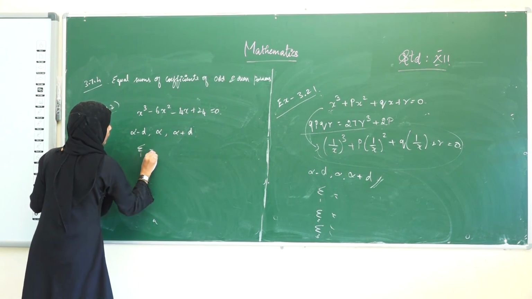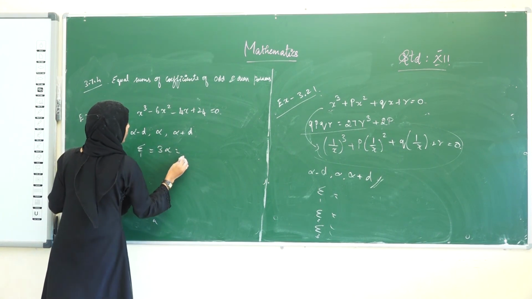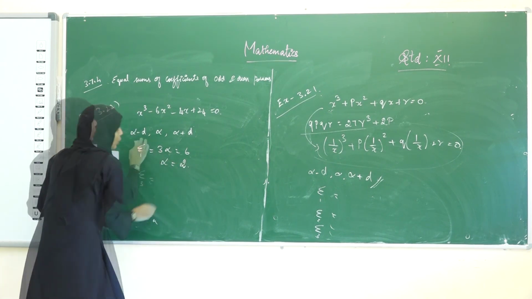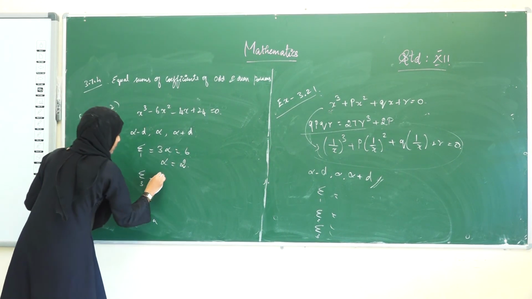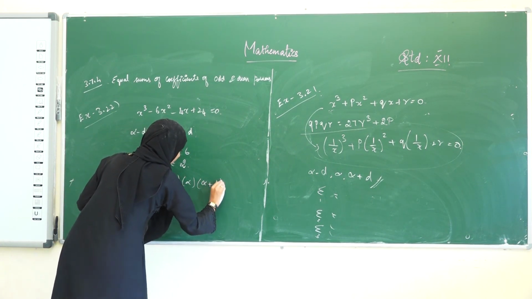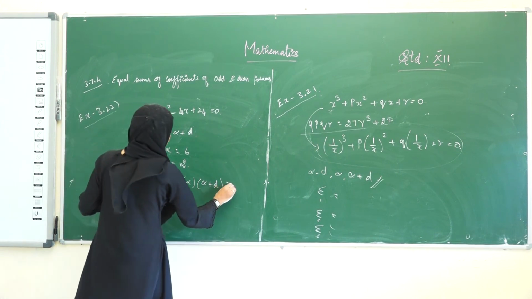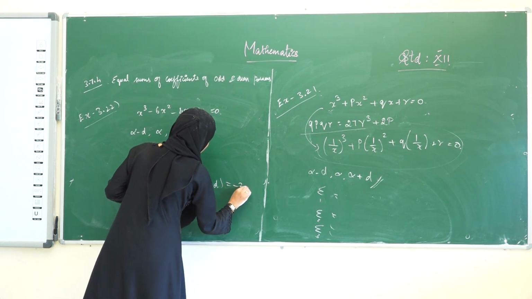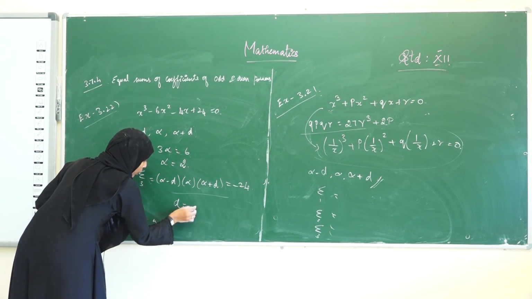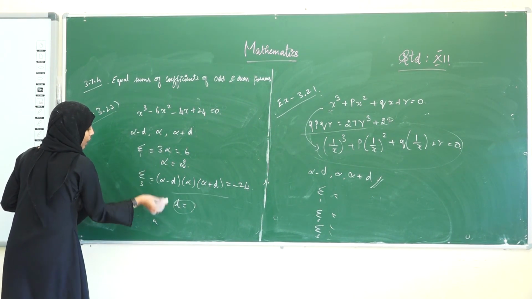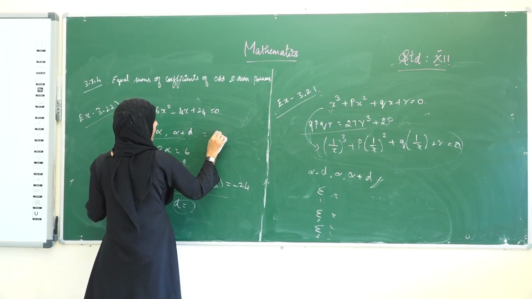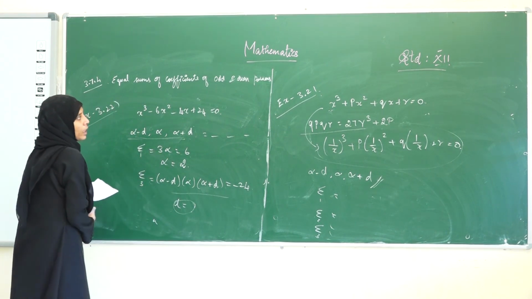Therefore summation 1 is equal, on adding this we get 3 alpha is equal to 6. Therefore alpha's value will be equal to 2. When we multiply this, alpha minus d into alpha plus d will be equal to minus 24. We are going to solve this. From this we will get the value of d. Then we are going to substitute alpha and d values in these 3 roots. Then we get the 3 roots. This will also be the assignment for you.